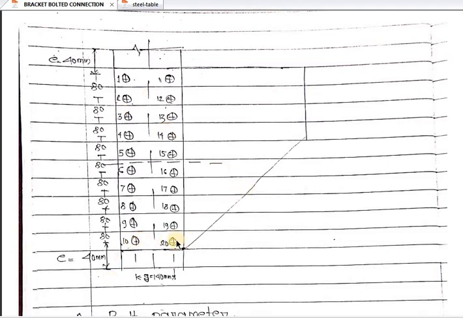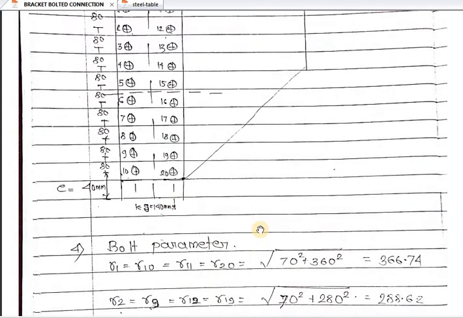Again, the center to center distance of the two bolts along the perpendicular direction of the bolts. Here we are applying the load in the vertical direction, and the distance we are measuring in the horizontal direction. So this gauge distance we have referred from the steel table. For this gauge distance we are taking 140 mm. So that means this center of bolt to the center is nothing but 70, and the center of this bolt or any center is nothing but 70.